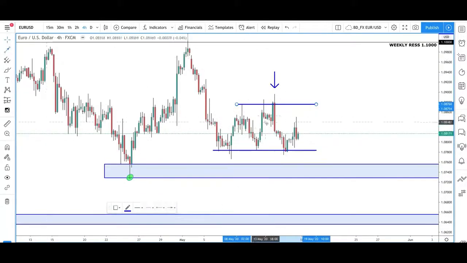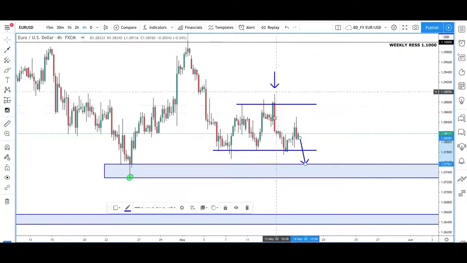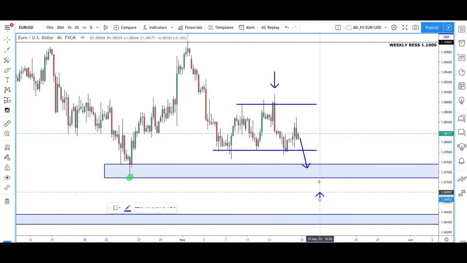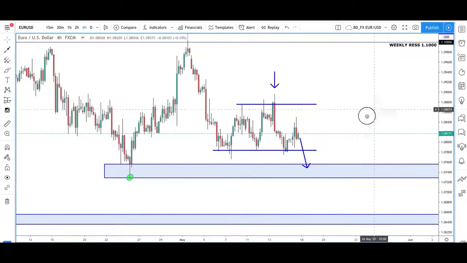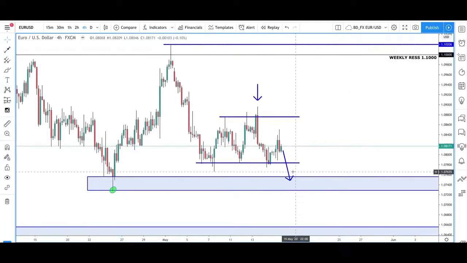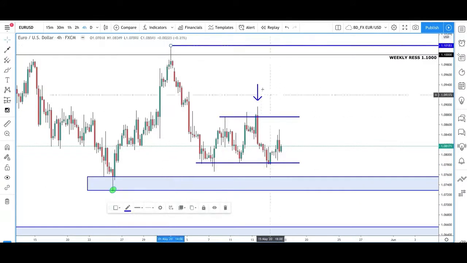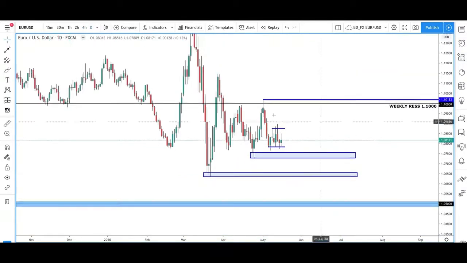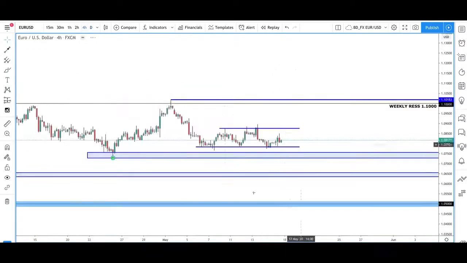So now what I'm expecting is to continue this push from here that I mentioned last week, to push down into this zone, and from this zone then we may see that push back up and the trade back up on Euro USD. Should be a nice trade back up to around 1.1, and as I said, above to take out this previous high here as well. Just go back out to the daily. Come back up here, take out this high. Yeah, so that's sort of the ideas I'm looking for.